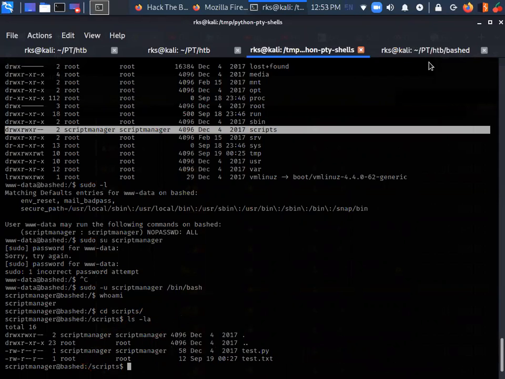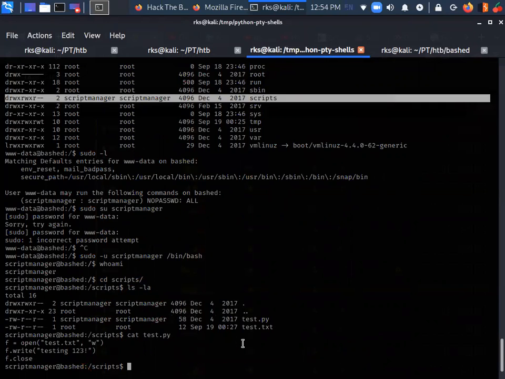Okay, so I can definitely try to read these files. Let's try to read both of them. Cat test.py. Read this file. Let's do cat test.txt.